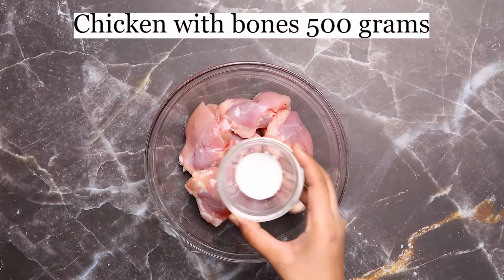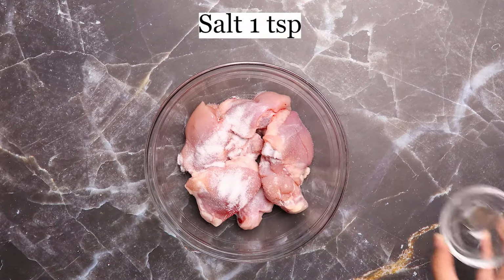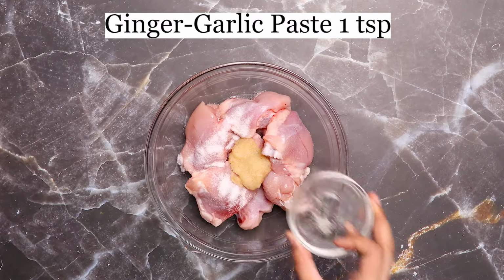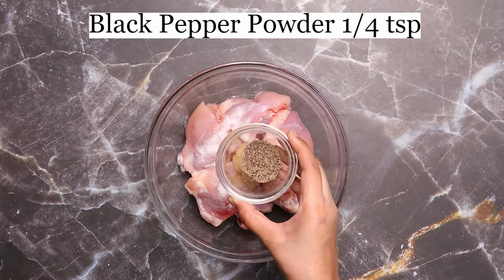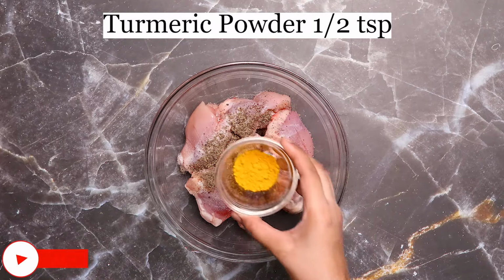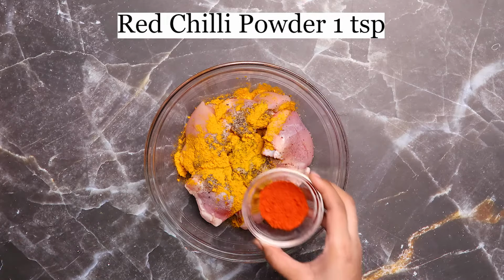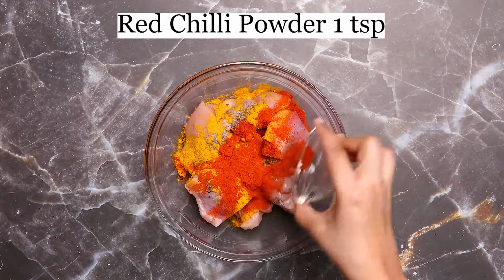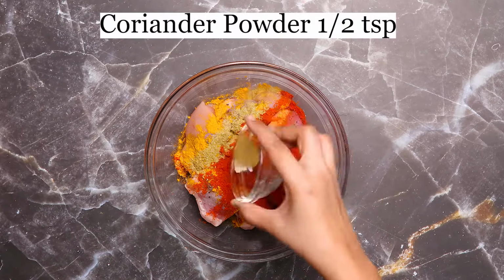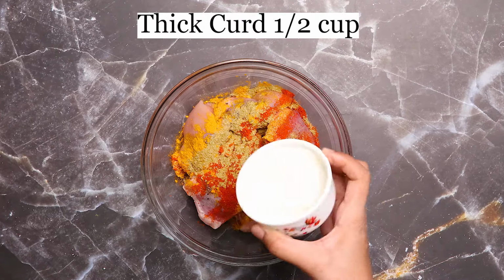To marinate the chicken, in a bowl of 500 grams of chicken with bones, add 1 teaspoon salt, 1 teaspoon ginger and garlic paste, 1/4 teaspoon black pepper powder, half teaspoon turmeric powder, 1 teaspoon red chilli powder, half teaspoon coriander powder, half cup thick curd,